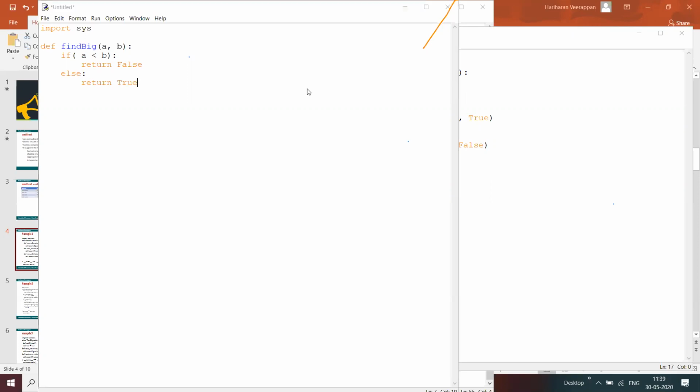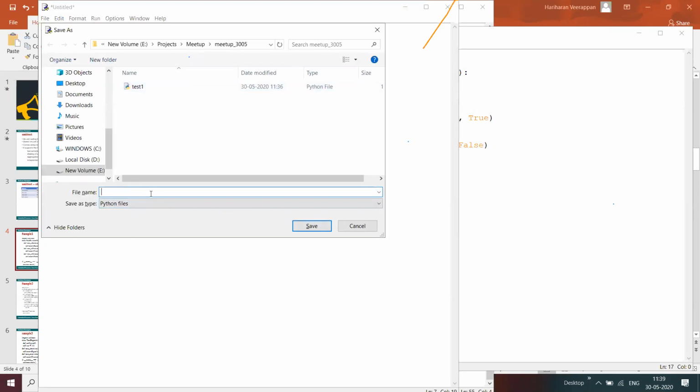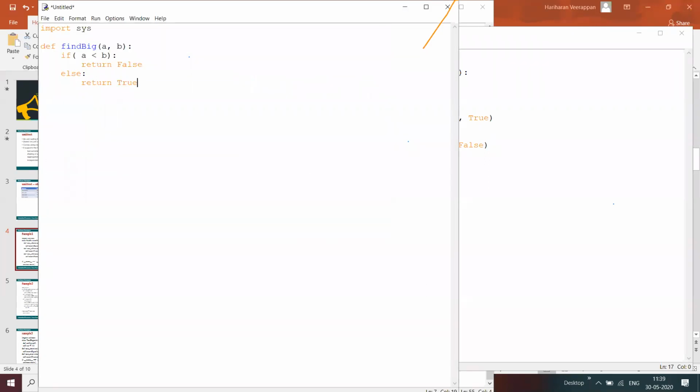This is to find big. Yeah, find big, I just saved it.